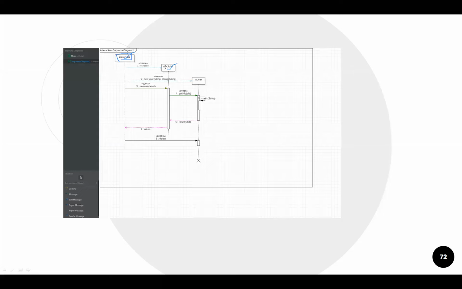I write the class name with a small a in front. You can write anything, but it is a convention to represent the objects of a particular class. You take the class name and put a small a in front of that, which shows we are talking about objects now.